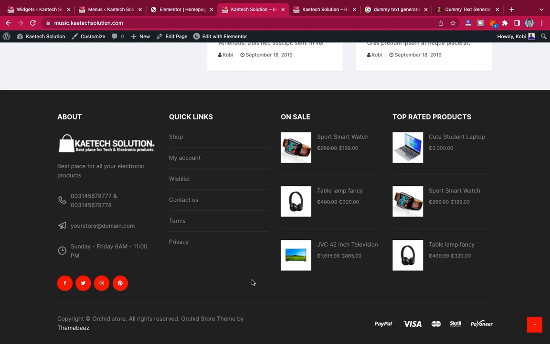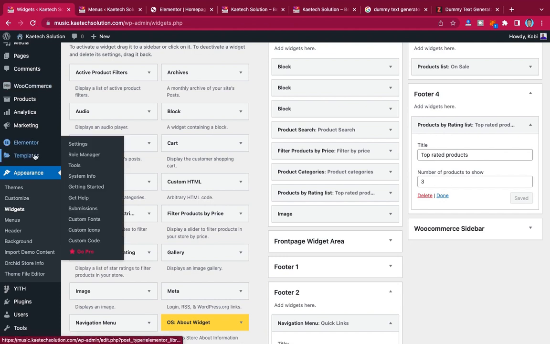Now as you can see, this footer over here, this website doesn't give us the permission to edit the footer, especially this one. It gives us permission to do this one, but it doesn't give us permission to continue with it. That is why we installed the footer credit remover, okay, to help us do it. So what we're going to do is we go back to our dashboard, and then